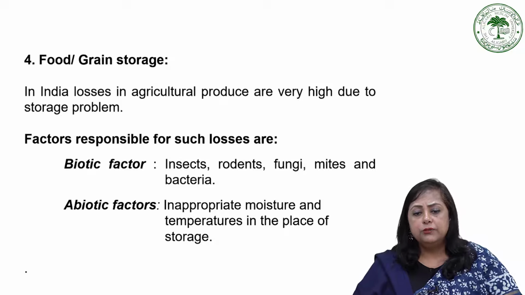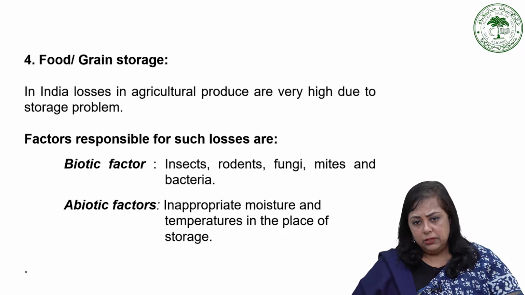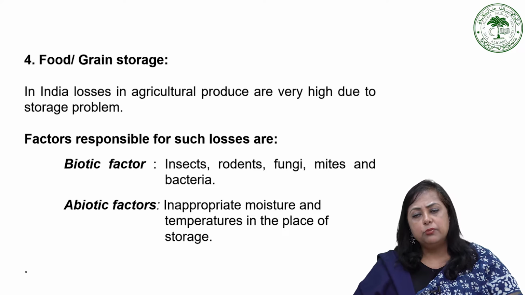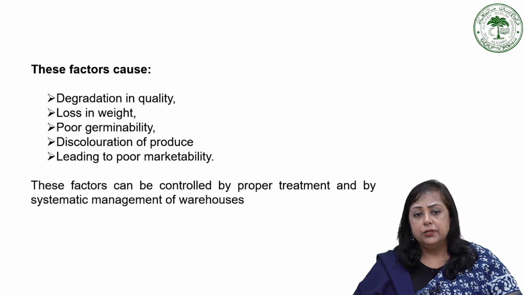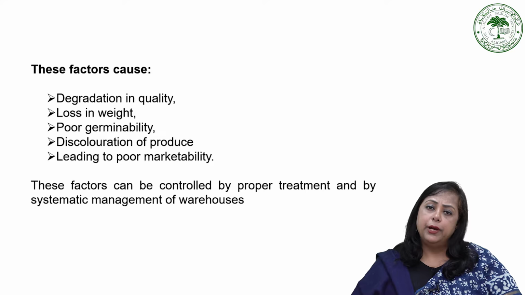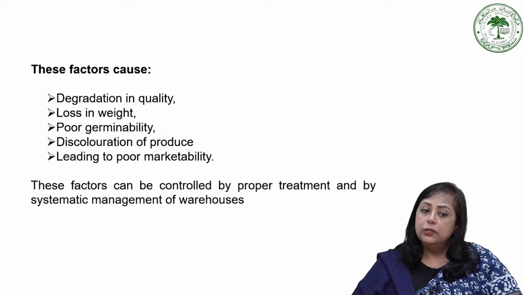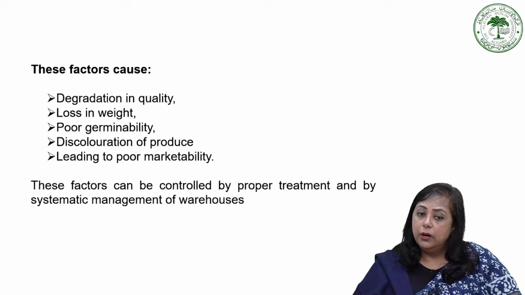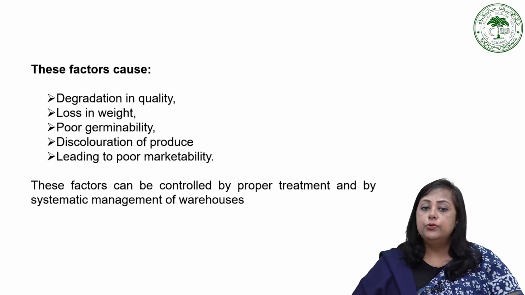So there are two major factors: biotic means insects and rodents, and abiotic means moisture and temperature. These factors cause degradation in quality, loss in weight, poor germinability, and discoloration of produce leading to poor